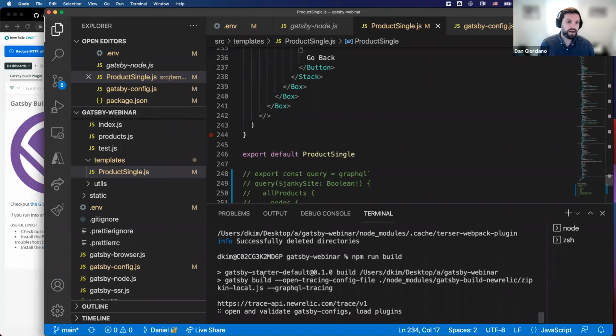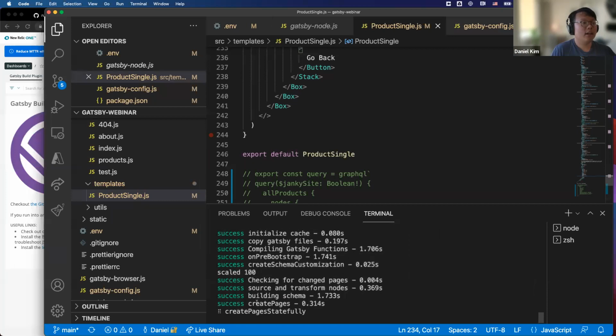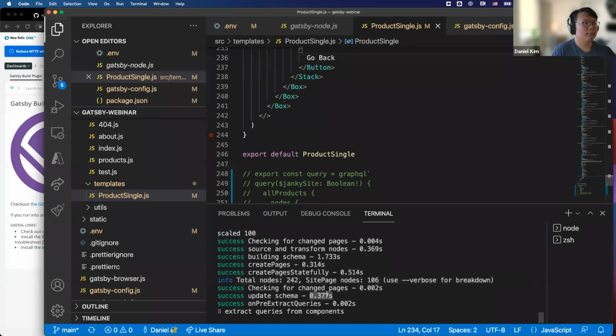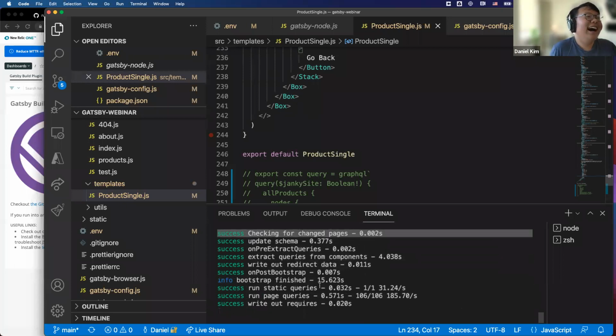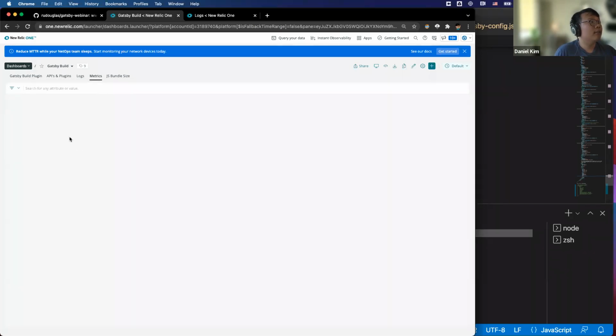Do you have images on the site? We don't have a lot of images in this website because we did not code it. But the cool thing about our plugin is that it can track all of the images being processed through Gatsby's internal image API, as well as images displayed on your website, to track how it affects your build times. We have a couple of images, but not enough to test optimizations for image processing. You can select the number of images in the metrics here. We have like 14.